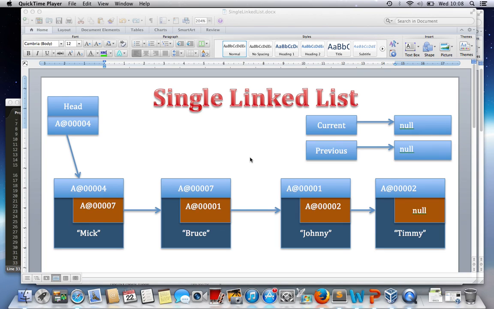from the middle of a single linked list. So for the current list we're looking at, we have our head, we have our node storing Mick, our node storing Bruce, our node storing Johnny, and our node storing Timmy. So for the list that we're maintaining, we're going to refer to these through their numerical position. So Mick is in position 1, Bruce is in position 2, Johnny is in position 3, and Timmy is in